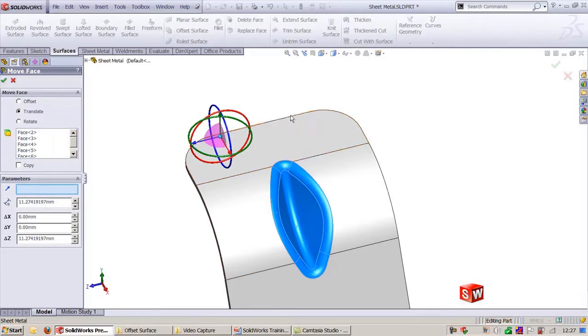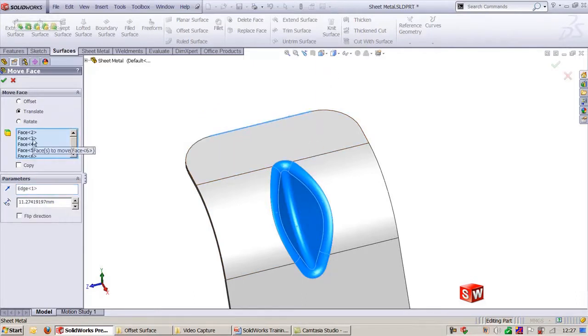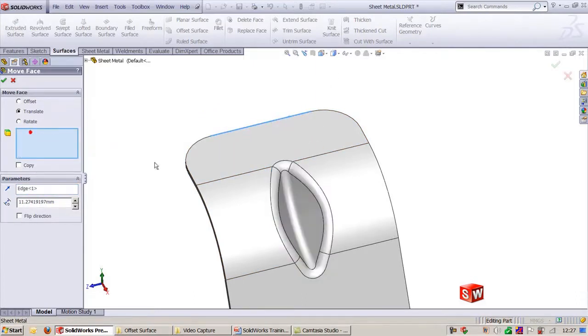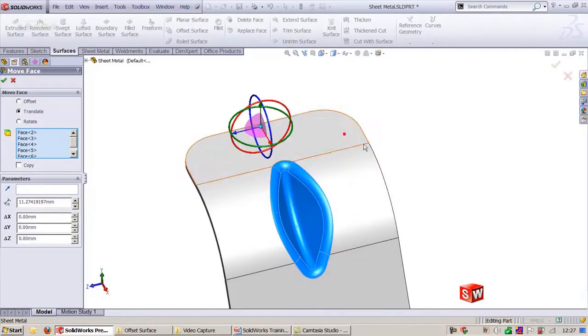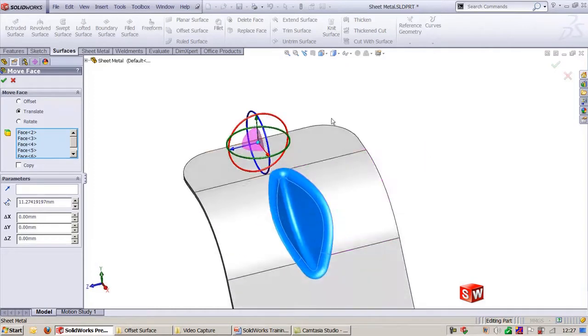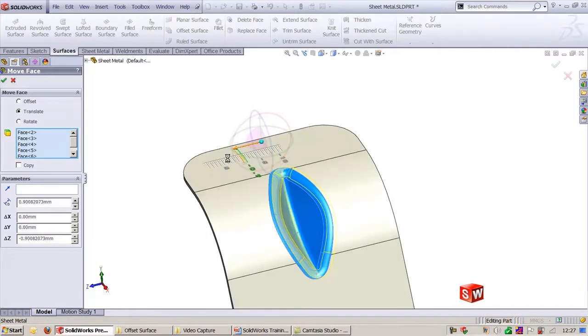I want the direction. This is my direction. Okay, once again I will do it. This is the surface I want, not this one. To remove this, I will say these are the surfaces I want to move, and we can use this triad to say up to which distance you want to move this. Now you can see we are moving this,